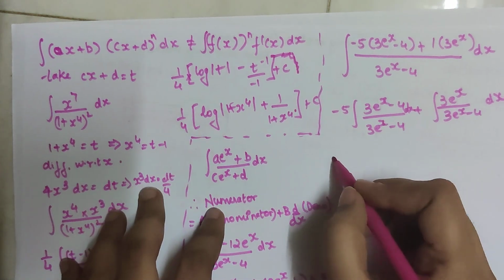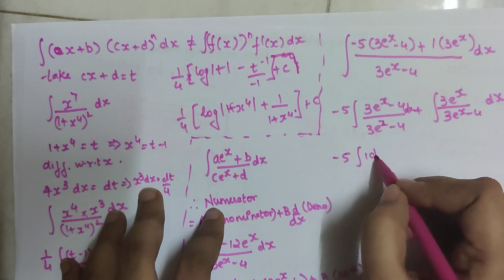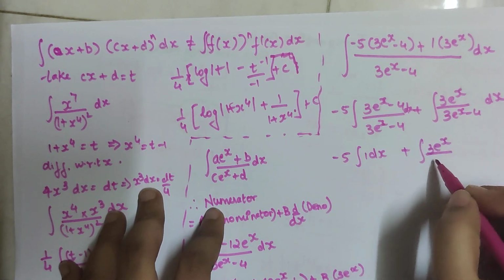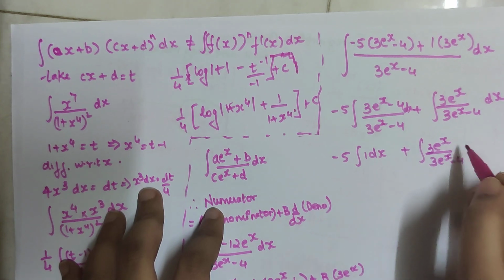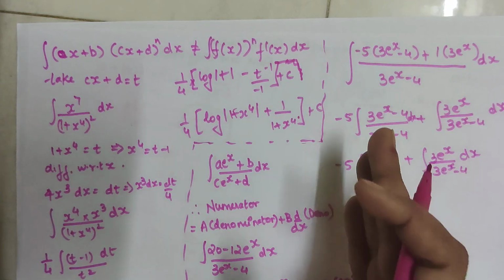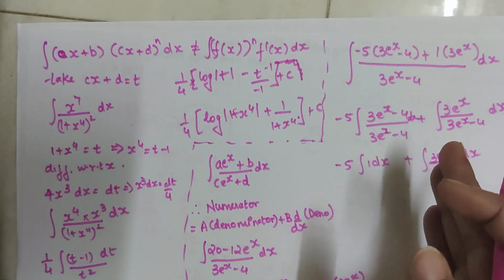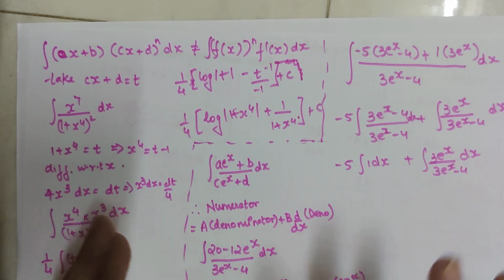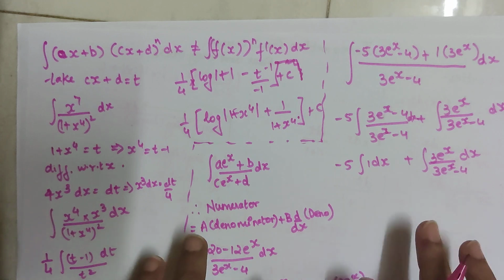Now minus 5 into integration of 1 dx plus, we keep this as it is. This is another thing which a lot of students make a mistake on: if we know the answer of 1, then we continue keeping the other one as it is. Don't do that. If you're applying the formula, try to apply it at the same time, otherwise you will land up with constant 1, constant 2, C1, C2, and then completely making a big constant which is C at the end. That's quite messy, so it is better to do it this way.